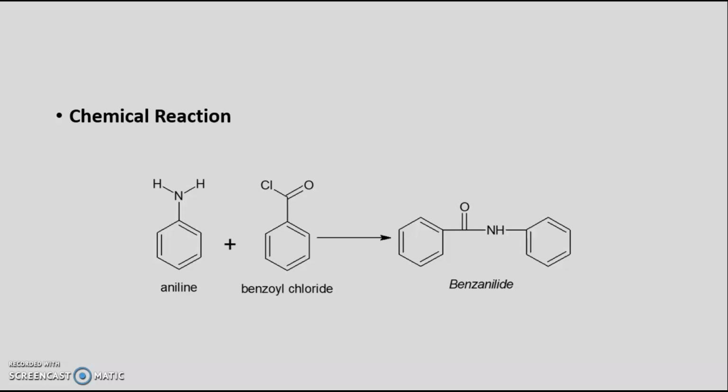Now this is a very simple reaction in which benzoylation proceeds very smoothly, and the sparingly soluble derivative is usually separated as a solid. Sodium hydroxide is used in excess, so that after completion of the reaction, the excess benzoyl chloride reacts with the sodium hydroxide to form sodium benzoate and sodium chloride, which are soluble in the solution. In this way, sodium hydroxide plays an important role in removing the excess benzoyl chloride from our product. Now this is the principle and chemical reaction that is involved in the synthesis of benzanilide.